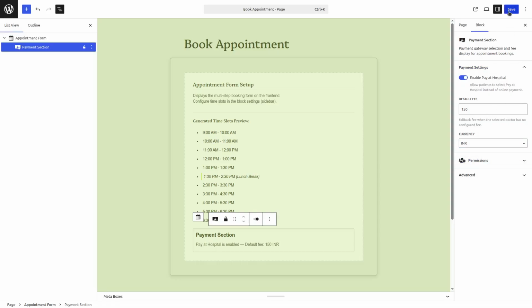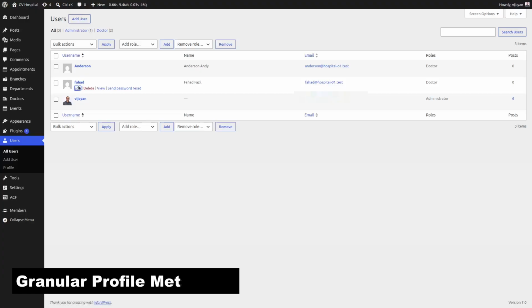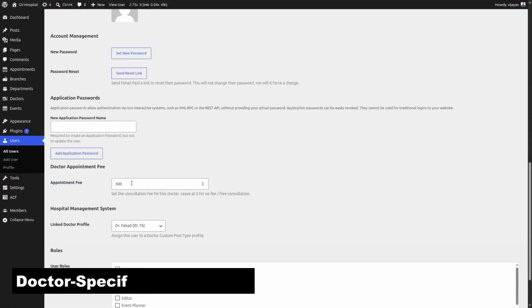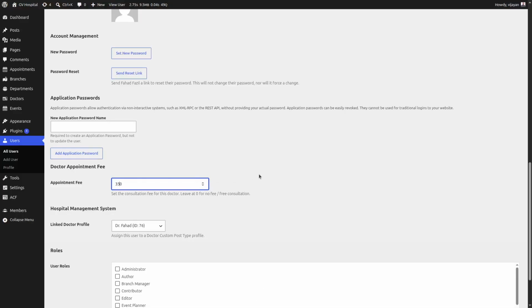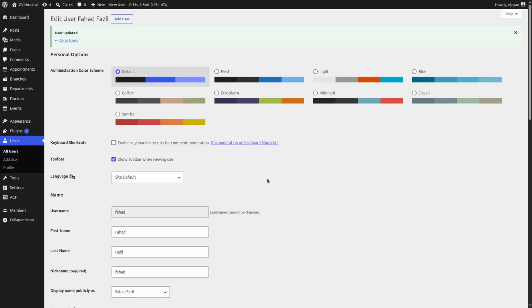These declarative fields allow site administrators to immediately toggle payment gateways and configure global transaction defaults without writing a line of code. While global defaults are handled at the block level, real-world clinical operation requires flexibility. Navigating to the user edit screen, administrators can access the custom doctor appointment fee meta panel. Assigning a value here establishes a dynamic fallback pattern, bypassing the common block settings to accommodate senior consultants or specialized